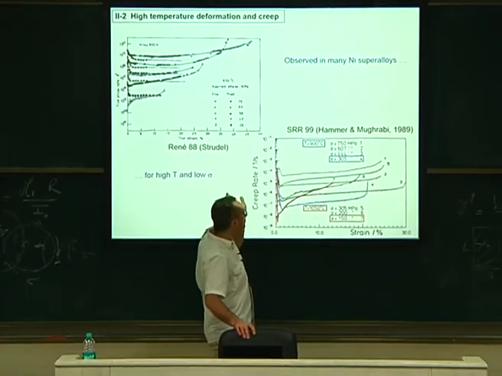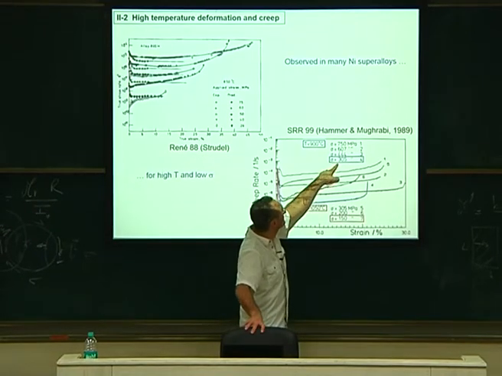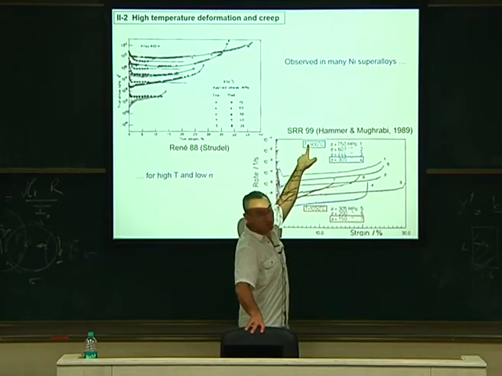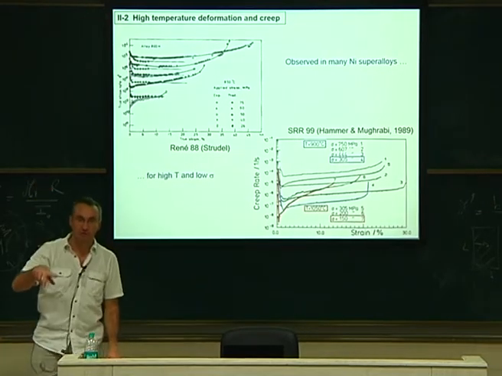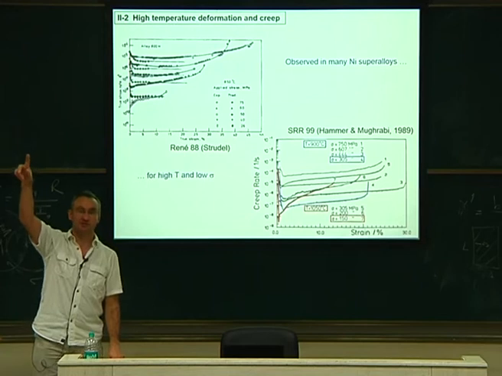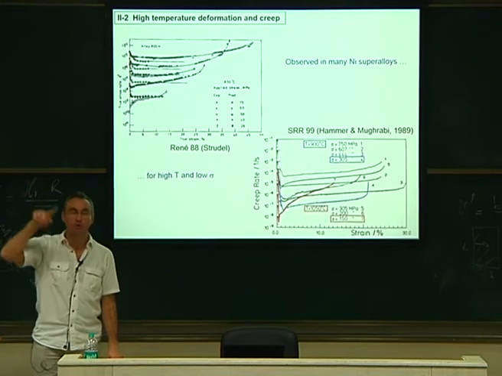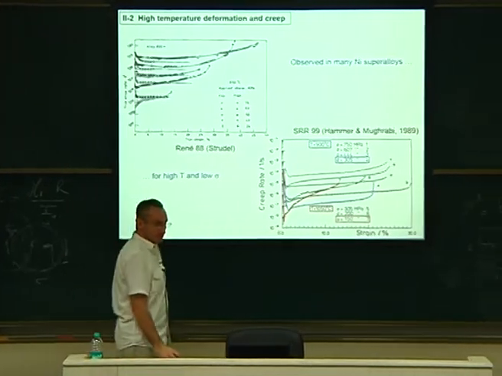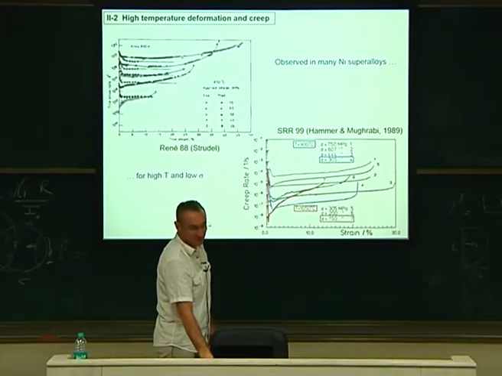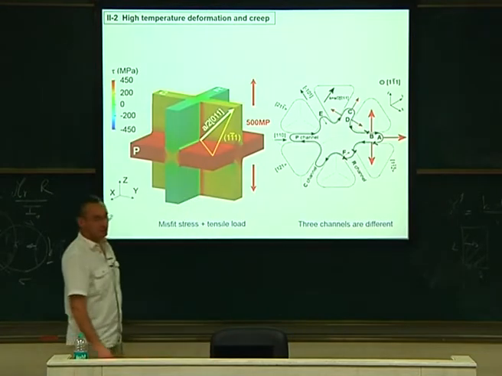And for low stress, the stress is given here. So the stress is quite low, and the temperature is quite high. So it's not in the high stress, low temperature regime. It's in the low stress, high temperature regime. Okay, this occurs, which is typically the in-service condition for the blade. So let's have a look with DD simulations.